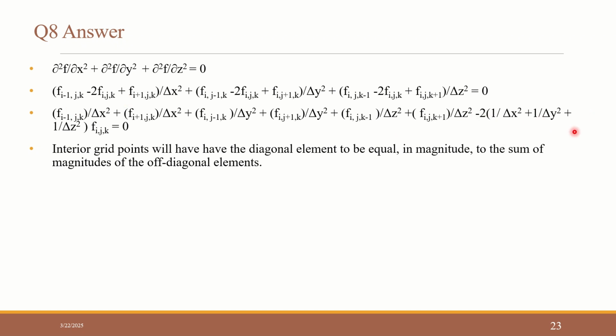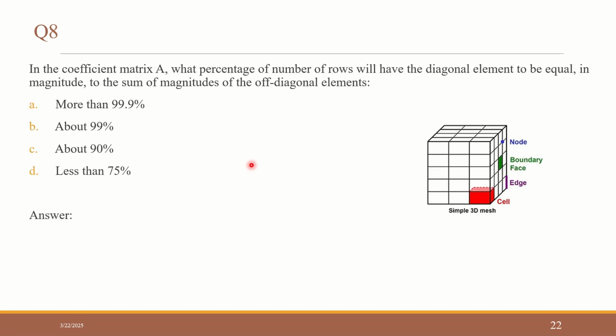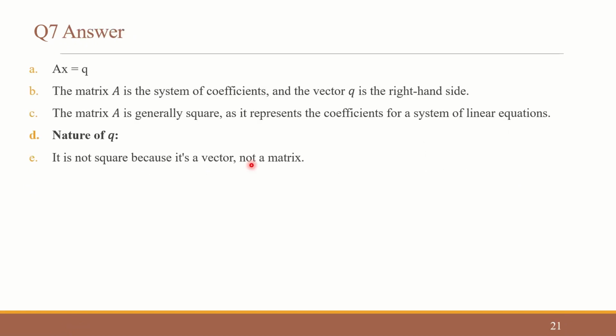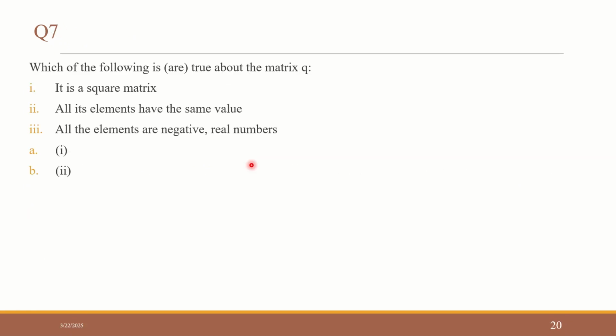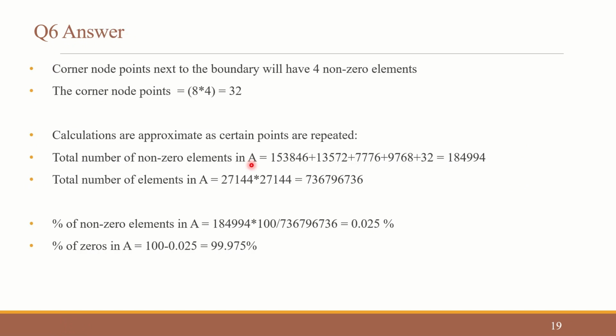So here this is equal to the sum of all this in magnitude. So we need to now know how many interior grid points will be present in the coefficient matrix. So the number of interior grid points is that we already saw that it is a number of intervals minus 3. Like in this last problem, not in 7, in question 6 we have seen that